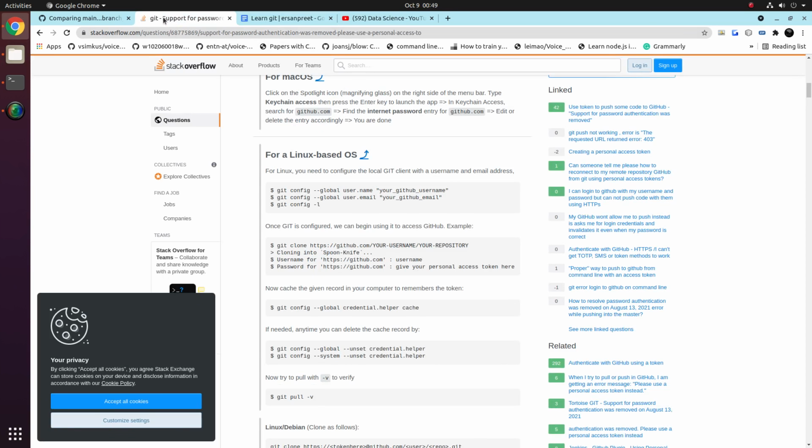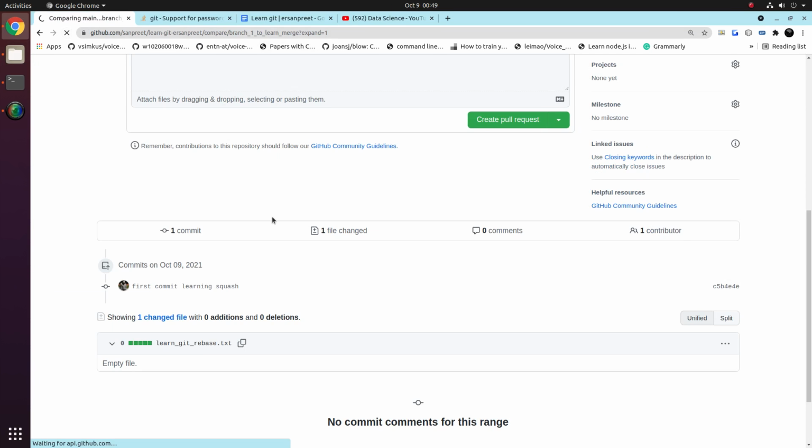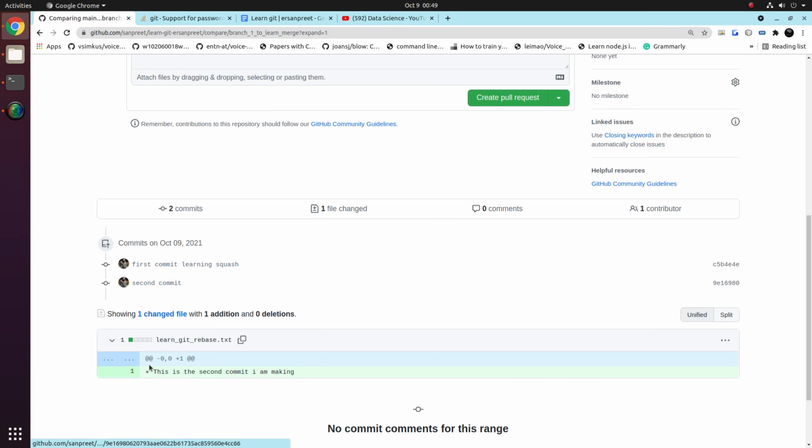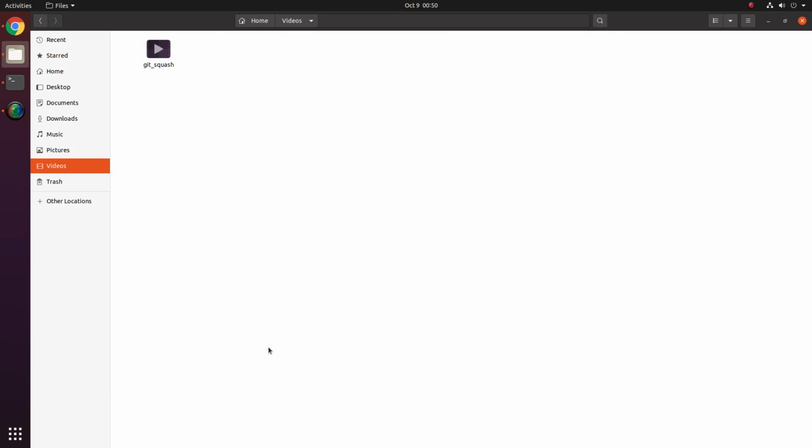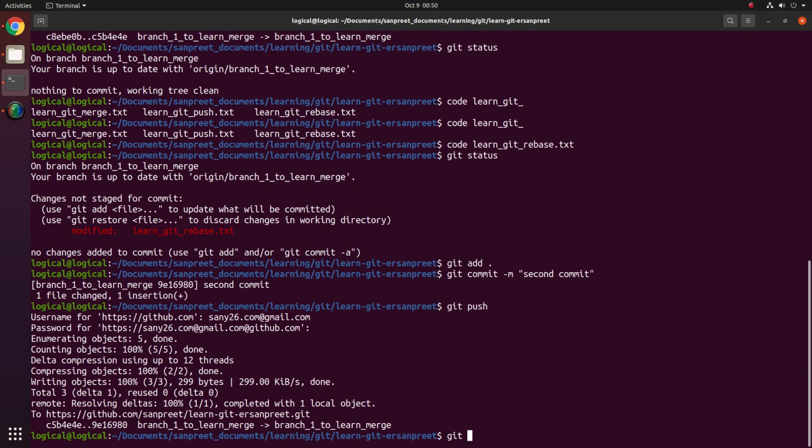Now when you go here and see, you will see the two commits here, and this is the new file, which is an update I have created in this file. Now what I want from a git squash is that, instead of these two commits, I want only one commit to be saved, but all the data that I have updated to the remote would be saved. They will not be altered, but instead of having a lot of commits, I can squash them into one. Okay, let's create one more commit and go with the three.